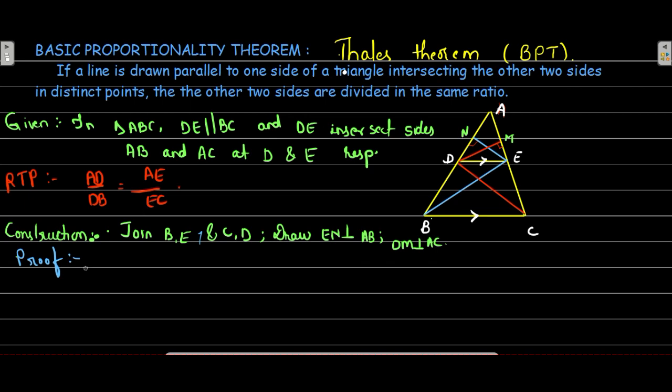For this we will do some construction. We will join the vertex B and E, that is BE, and we will also join C and D. We join BE and CD. This is the construction we are doing. And one more thing we are doing, we are drawing DM perpendicular to AC, and EN in such a manner that it is perpendicular to AB. So, coming to the proof,